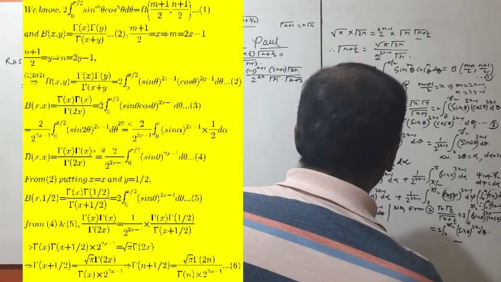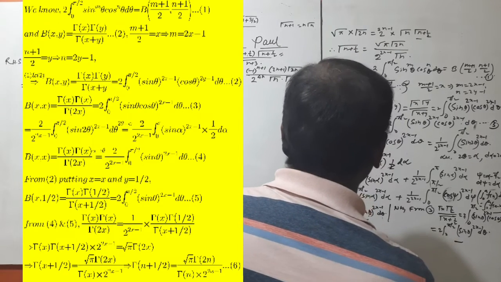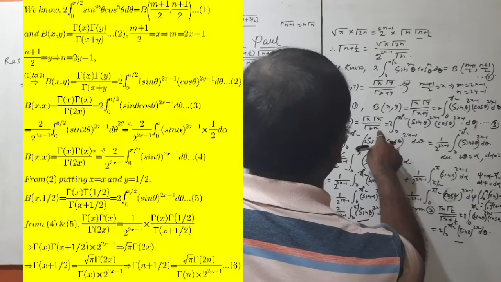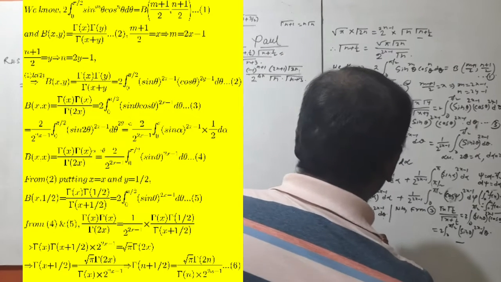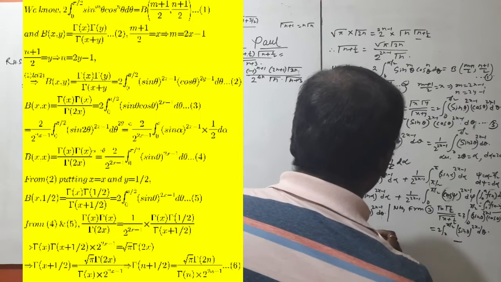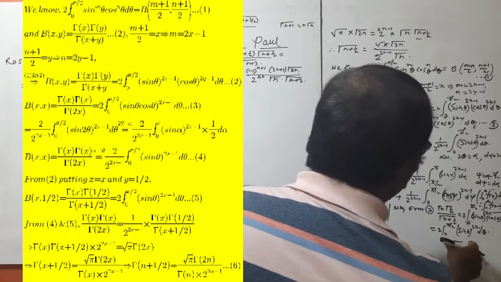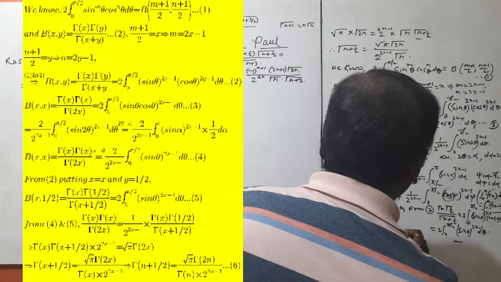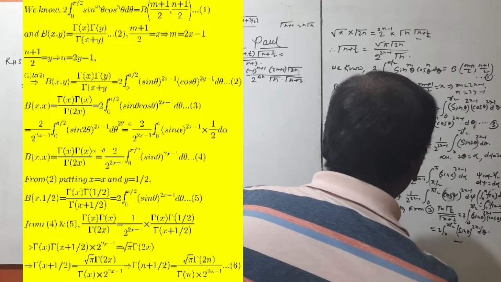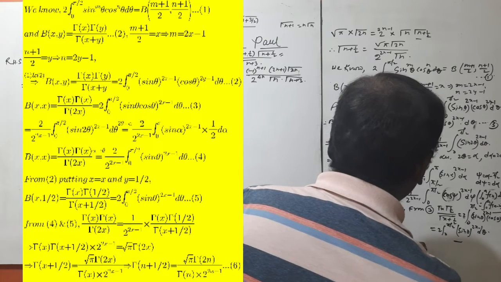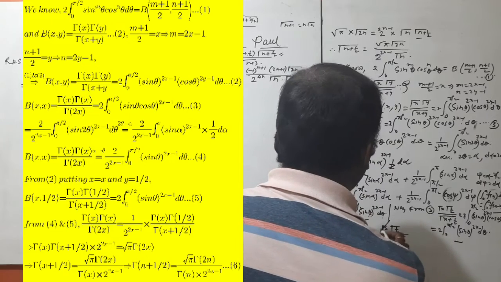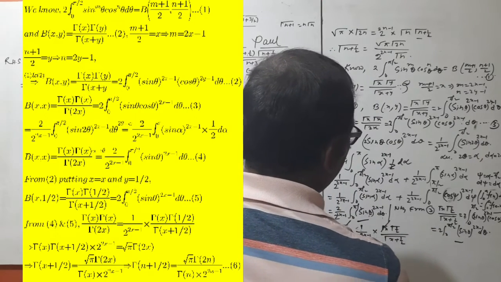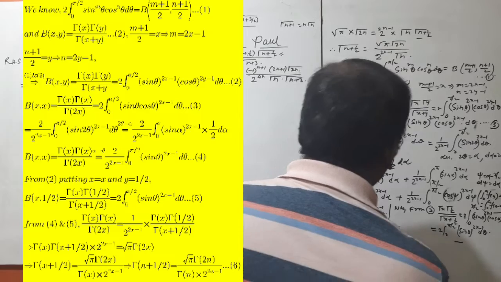1 over 2 to the power 2x minus 1, and 2 times that, we can write here gamma x, gamma half over gamma x plus half. So from this the 2 factors are cancelled out, so from this we can easily get, and this is as a pi,